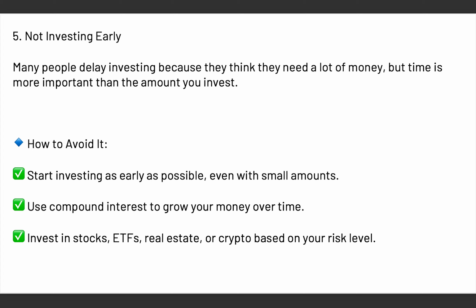Now, the second way is to use compound interest to grow your money over time. So this means that if you invest in an asset, leave the asset to make more money for you, and then the money you make from that asset will make more money for you, and thereby your money starts making more income for you over time. So if you start investing now, in like 3 years, 4 years, or even 5 years, if you are still investing in that asset, maybe stocks or crypto or any form of passive income, for example, that investment will start making tangible money for you after like 3 years or 5 years.